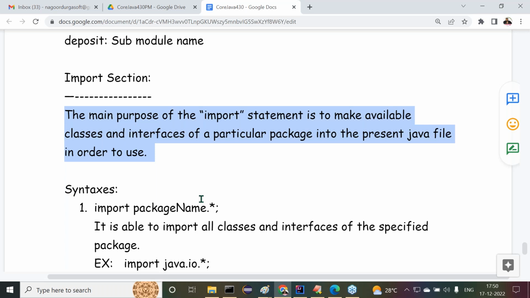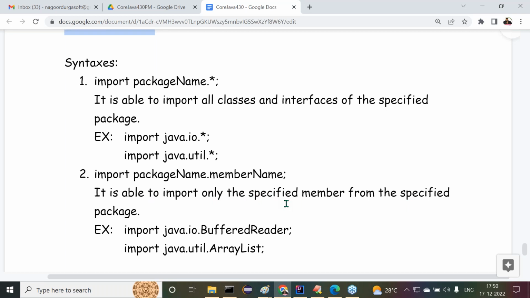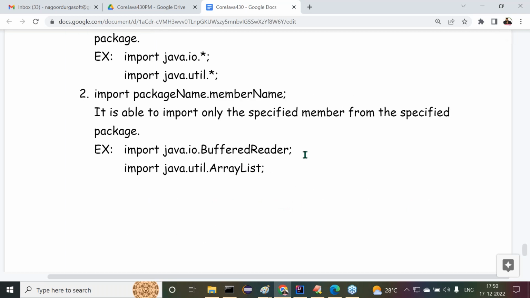Next, the syntaxes. import packagename.*; it is able to import all classes and interfaces of the specified package. Examples: import java.io.*; import java.util.*; Next one: import packagename.membername; it is able to import only the specified member from the specified package. Examples: import java.io.BufferedReader; import java.util.ArrayList;